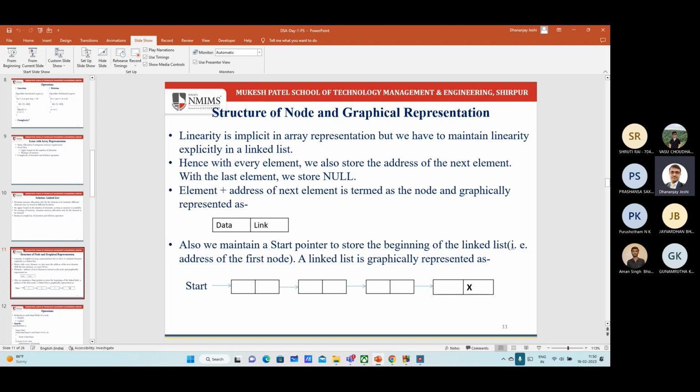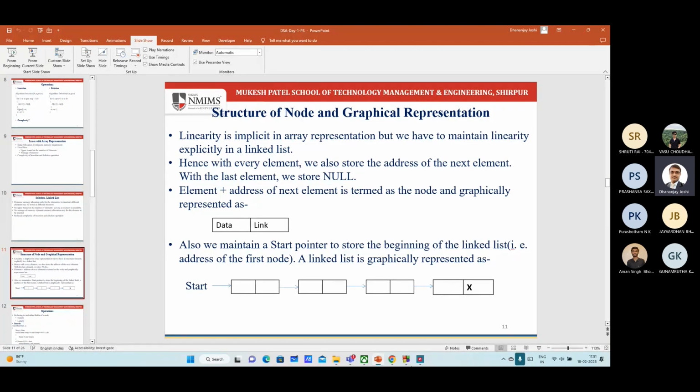But since in linked list every element may be stored at different location, पहले एलिमेंट को मेमोरी एलोकेट किया रन टाइम पे, मान लीजिए उसका एड्रेस 100 है, सेकंड एलिमेंट का एड्रेस हो सकता है डायरेक्टली 200 हो, थर्ड एलिमेंट का एड्रेस हो सकता है 50। तो एलोकेट तो हम करते जाएंगे, एलिमेंट स्टोर करते जाएंगे, बाद में पता कैसे चलेगा कौन सा एलिमेंट किसका प्रीवियस है